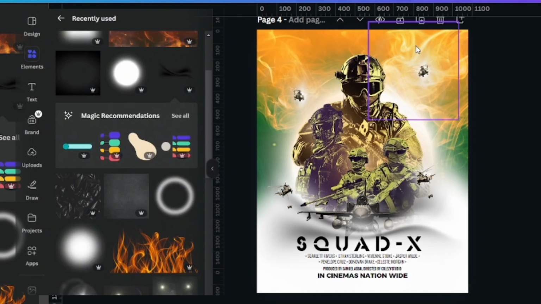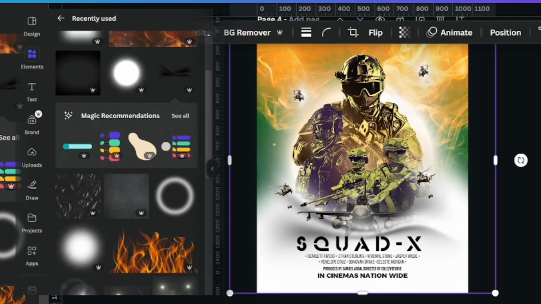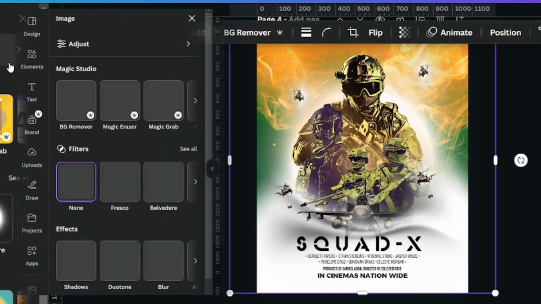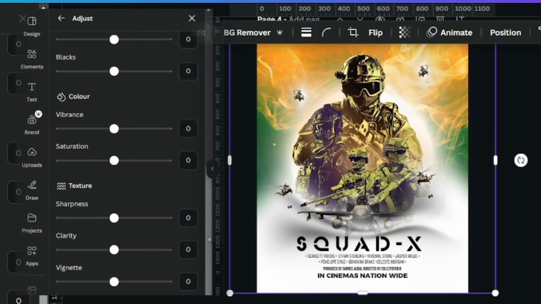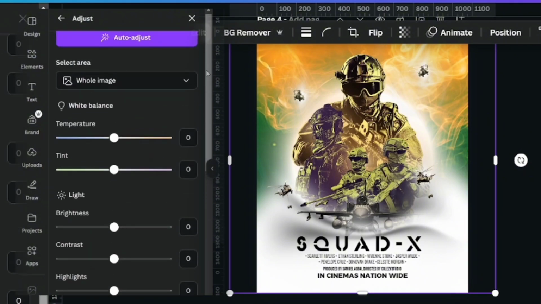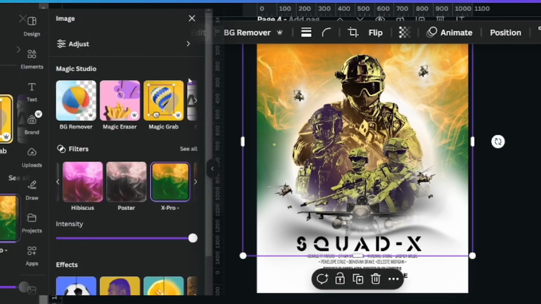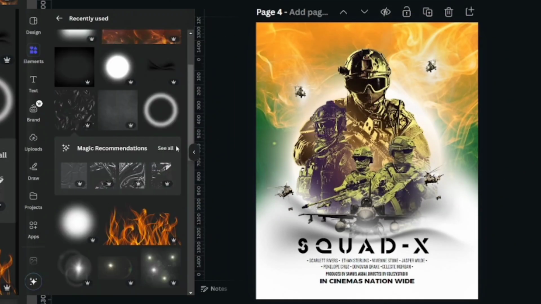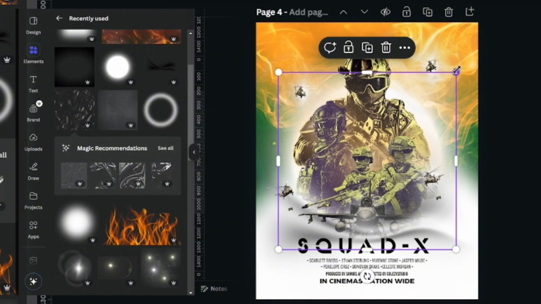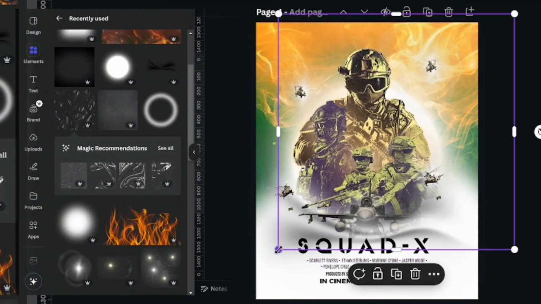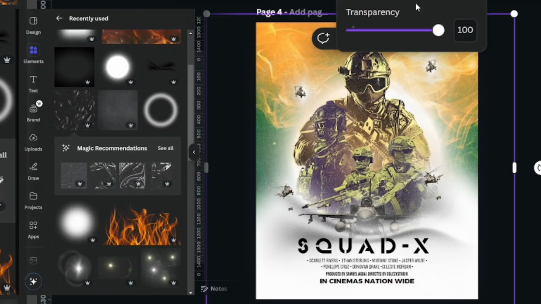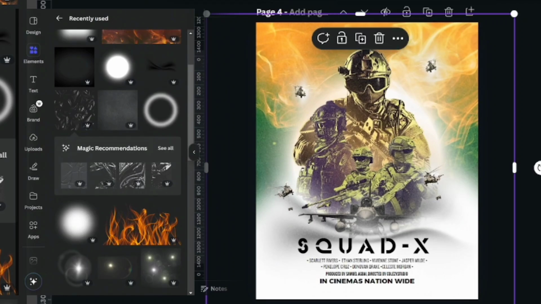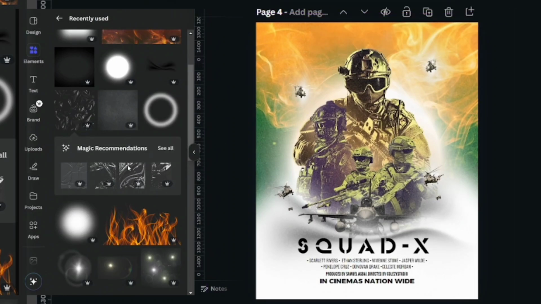Another thing that I would also do is, since we achieved this, I'll still go over to elements. Sorry, before I move to elements, on elements, I'm just going to search for a transparent texture. So I've picked one and I'll increase the size. Then I'll also go for a waterproof-like or a liquid-like